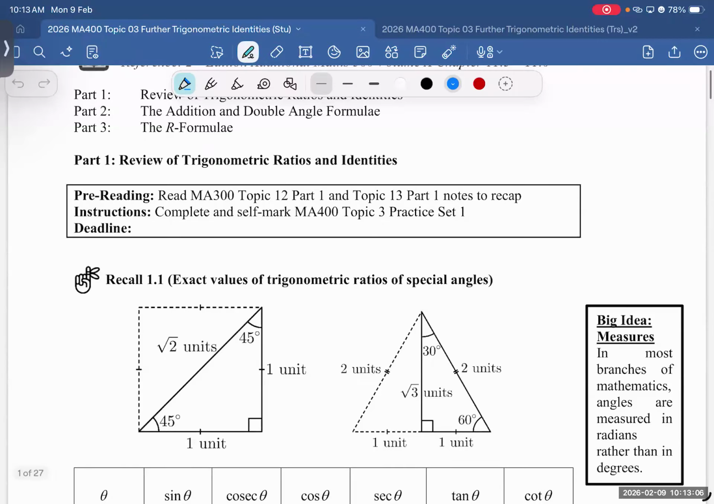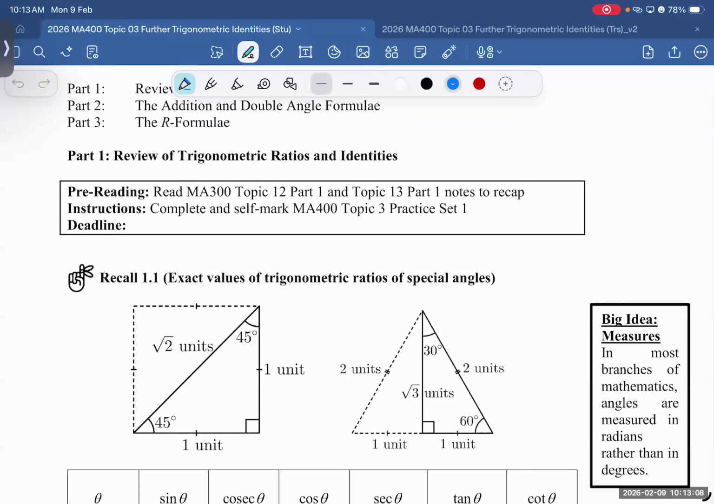Now first, when we review Trigo ratio and identities, you all recall that in the past few days,